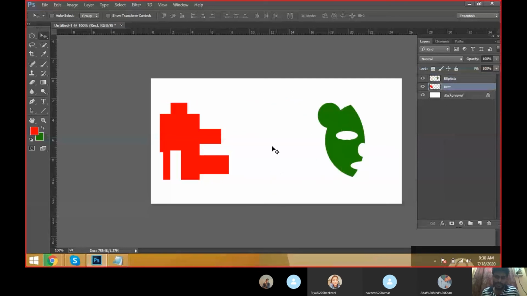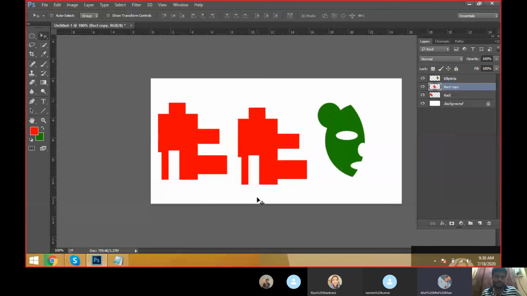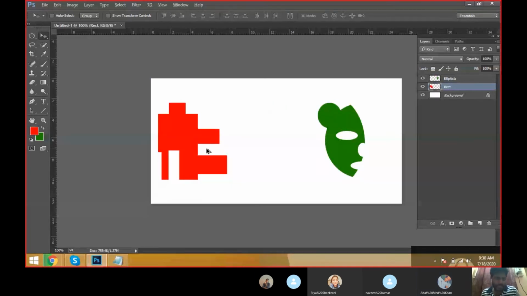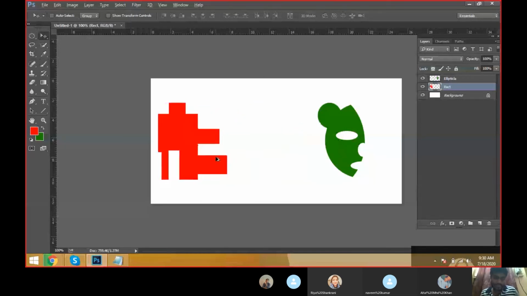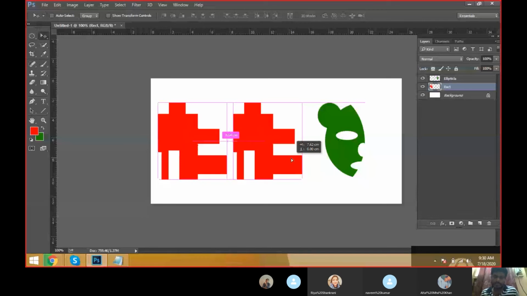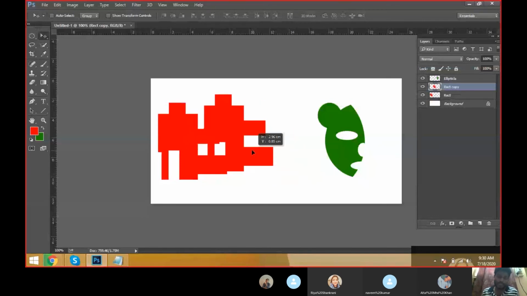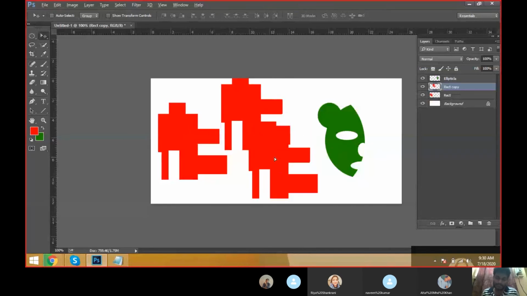Now selecting the rectangle tool, sir, I need to make a duplicate. How can we create a duplicate object? Alt drag. Hold the Alt button on the keyboard and drag, then automatically we can see the rectangular copy. Can we duplicate only one rectangle? No, we can create any number of duplicates using Alt drag.